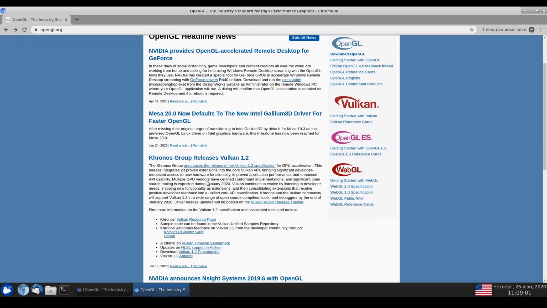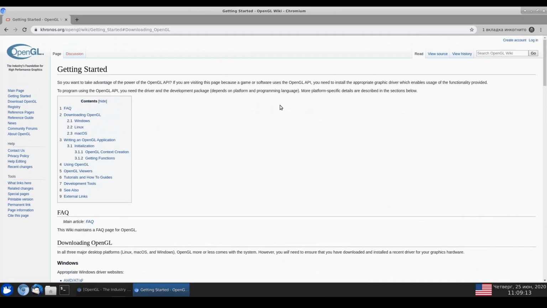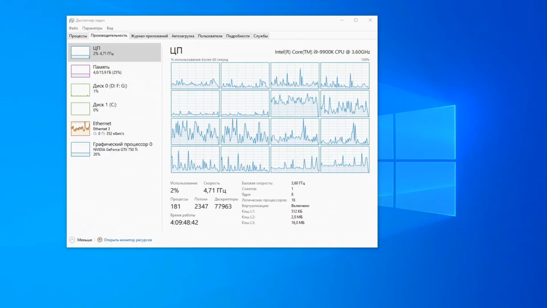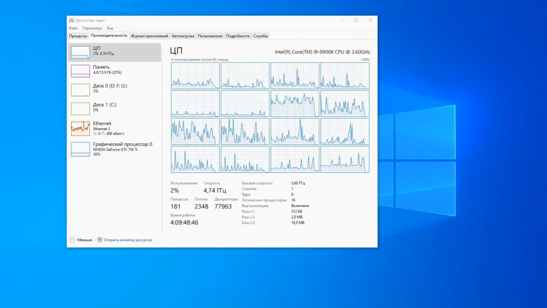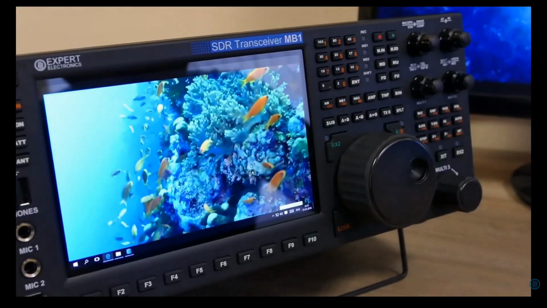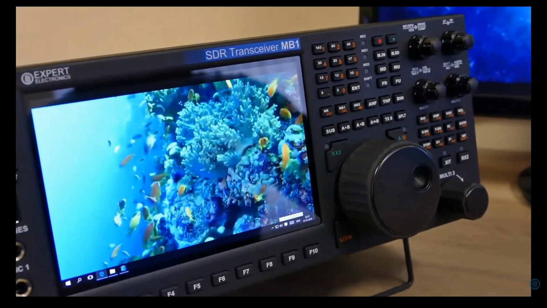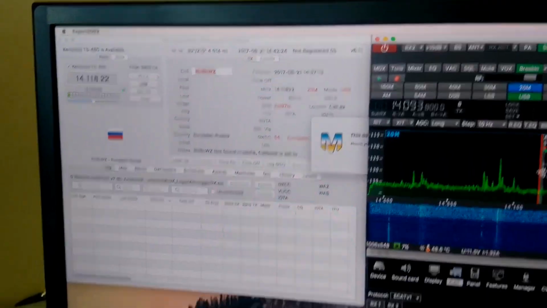Expert SDR 2 from the start was developed with OpenGL in mind. It allowed us to use graphics cards to display GUI, leaving CPU to deal with other tasks, lowering its load. In 9 years, OpenGL changed a lot. New versions brought new functionality, which we actively use today. The fact that we used it allowed us to adapt Expert SDR 2 for Linux and macOS.